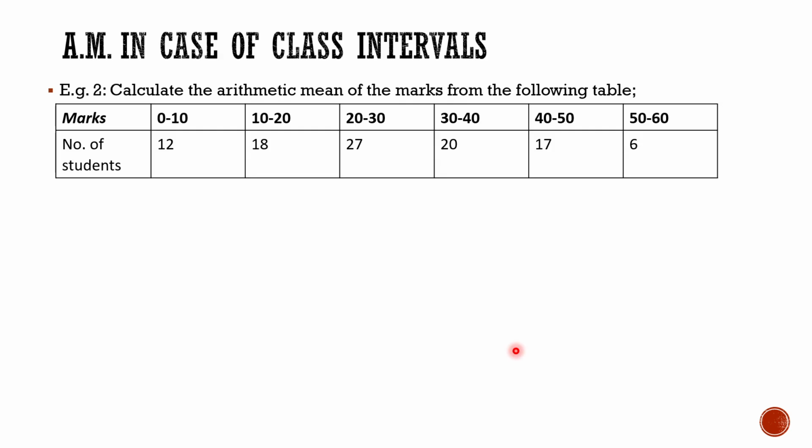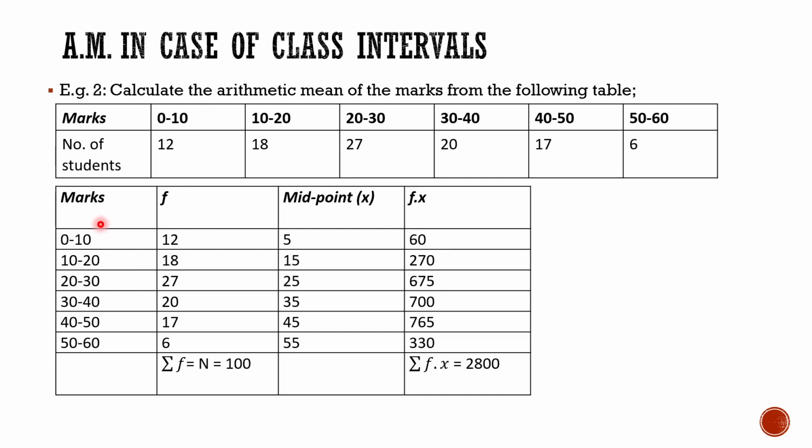Moving ahead, if we take a case of class intervals, then for this type of class intervals, you will have to calculate the mid values for x. And here the number of the students are actually the frequencies. So when you're calculating the mean marks of the students, first you will have to make columns of marks, frequency, and then the midpoints. I have already told you how you will calculate midpoint. Just add the lower and upper limit and divide it by 2.